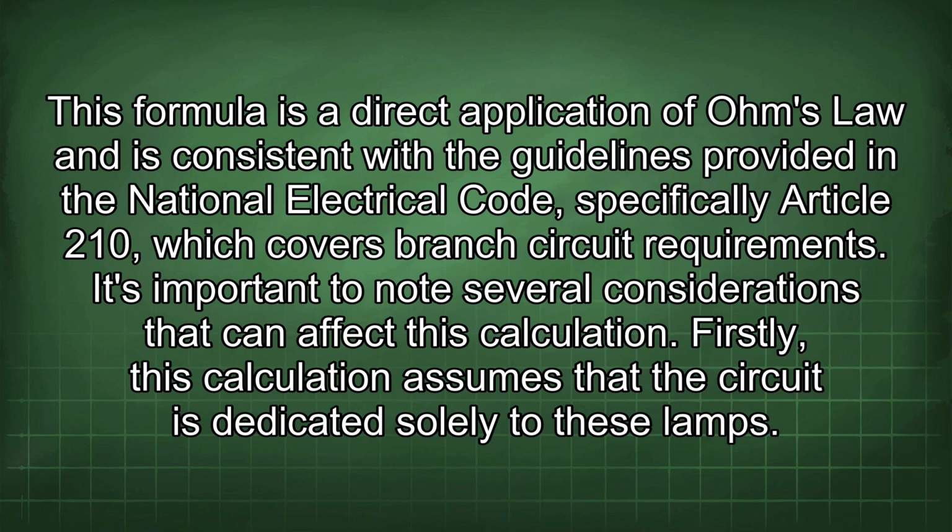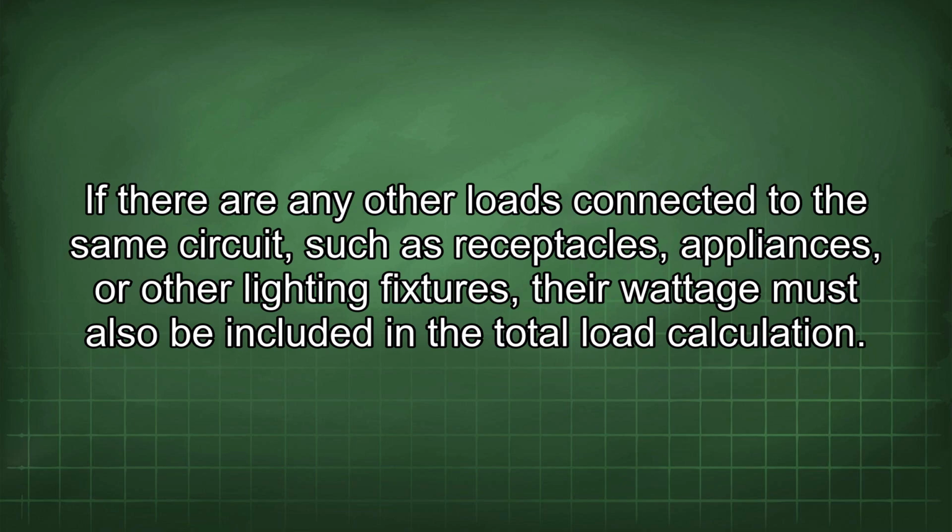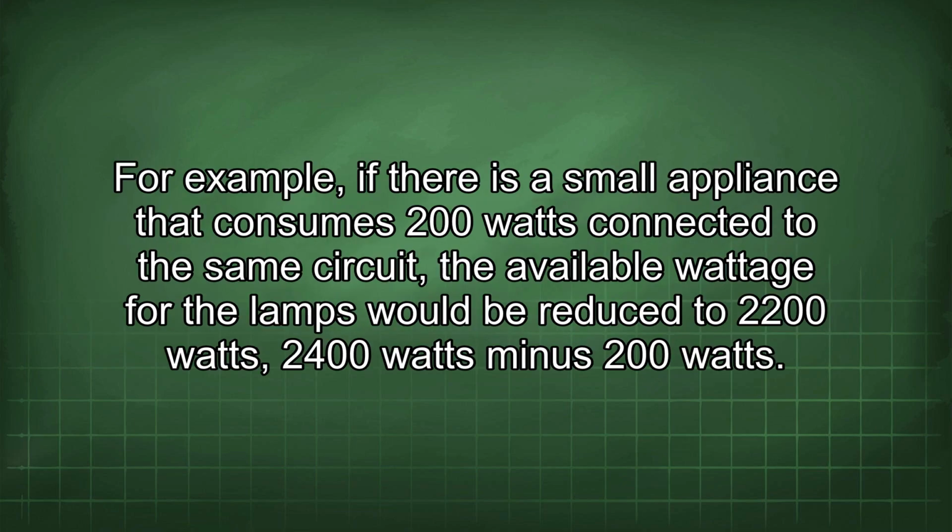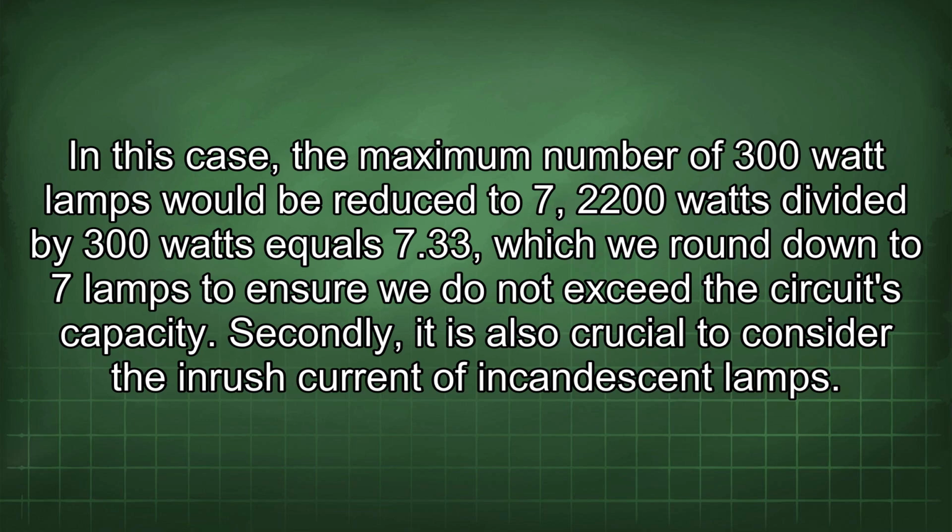Firstly, this calculation assumes that the circuit is dedicated solely to these lamps. If there are any other loads connected to the same circuit, such as receptacles, appliances, or other lighting fixtures, their wattage must also be included in the total load calculation. For example, if there is a small appliance that consumes 200 watts connected to the same circuit, the available wattage for the lamps would be reduced to 2200 watts, 2400 watts minus 200 watts. In this case, the maximum number of 300-watt lamps would be reduced to 7. 2200 watts divided by 300 watts equals 7.33, which we round down to 7 lamps to ensure we do not